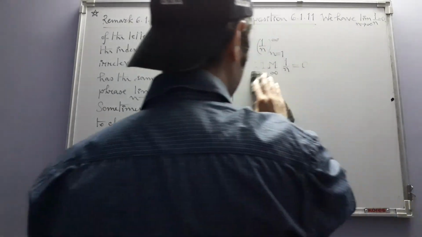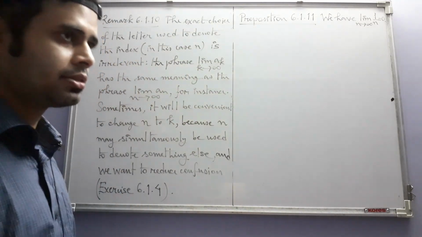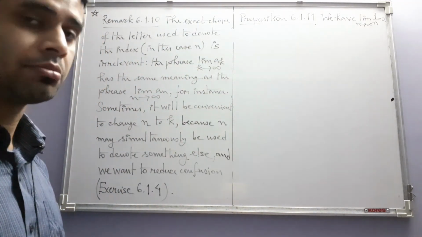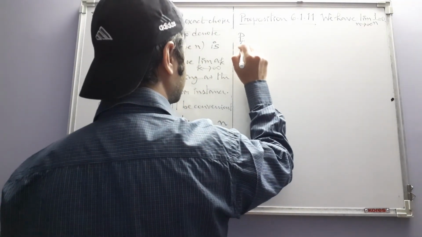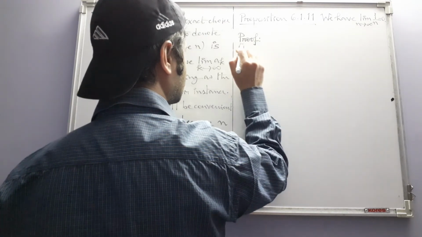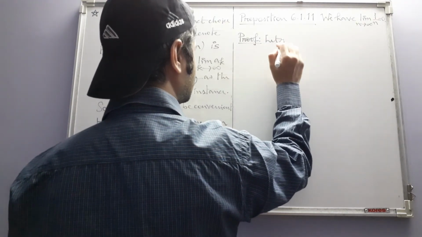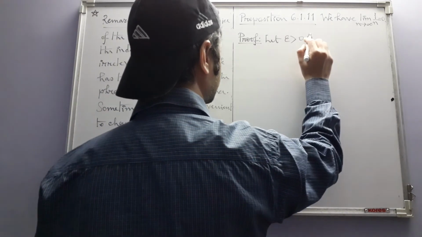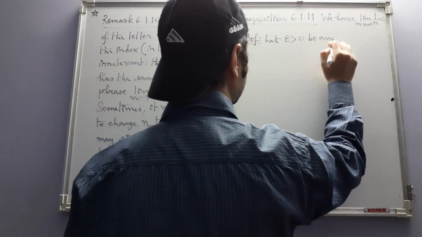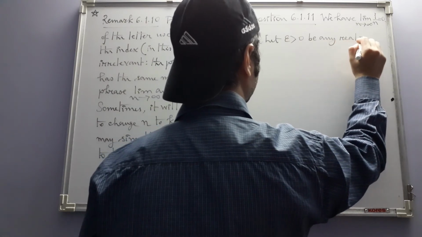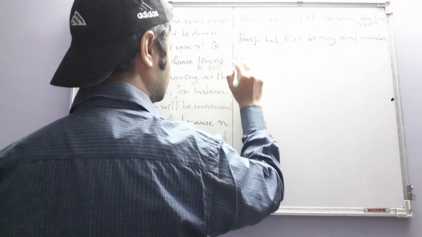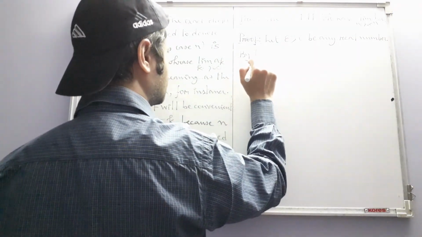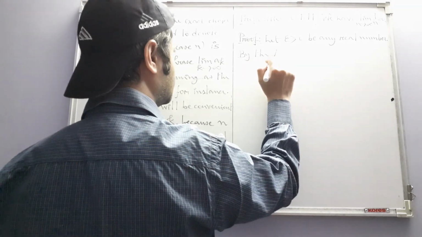And this gives us an indication of how eventually we are going to replace formal limits with actual limits. Anyway, let us see the proof. Let epsilon greater than 0 be any real number. By the Archimedean property